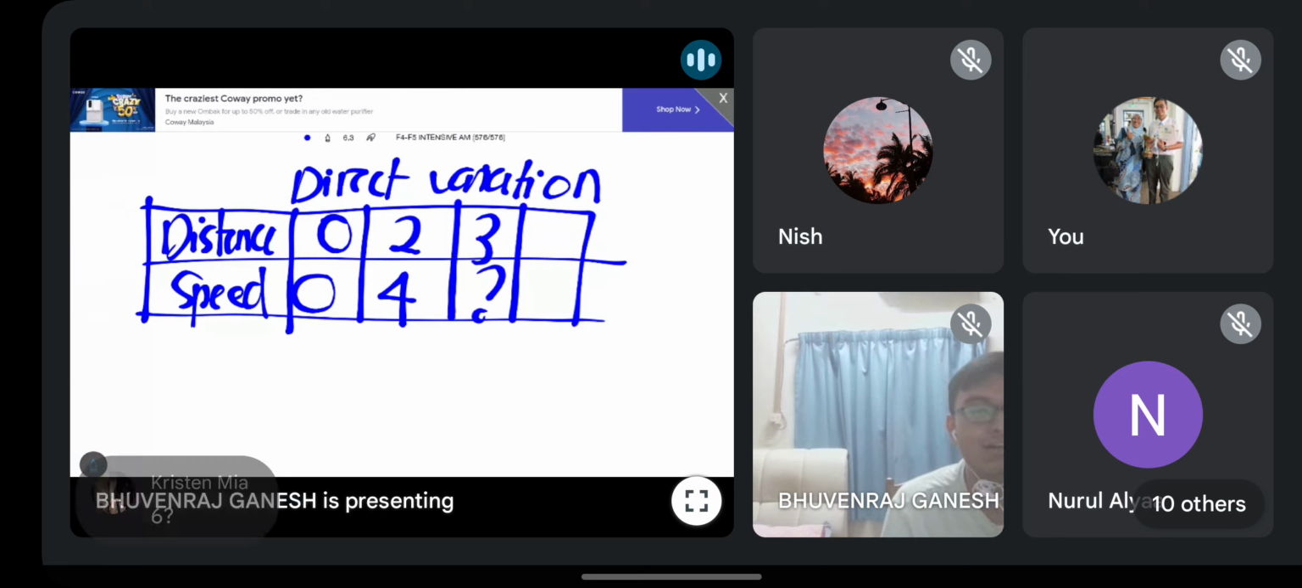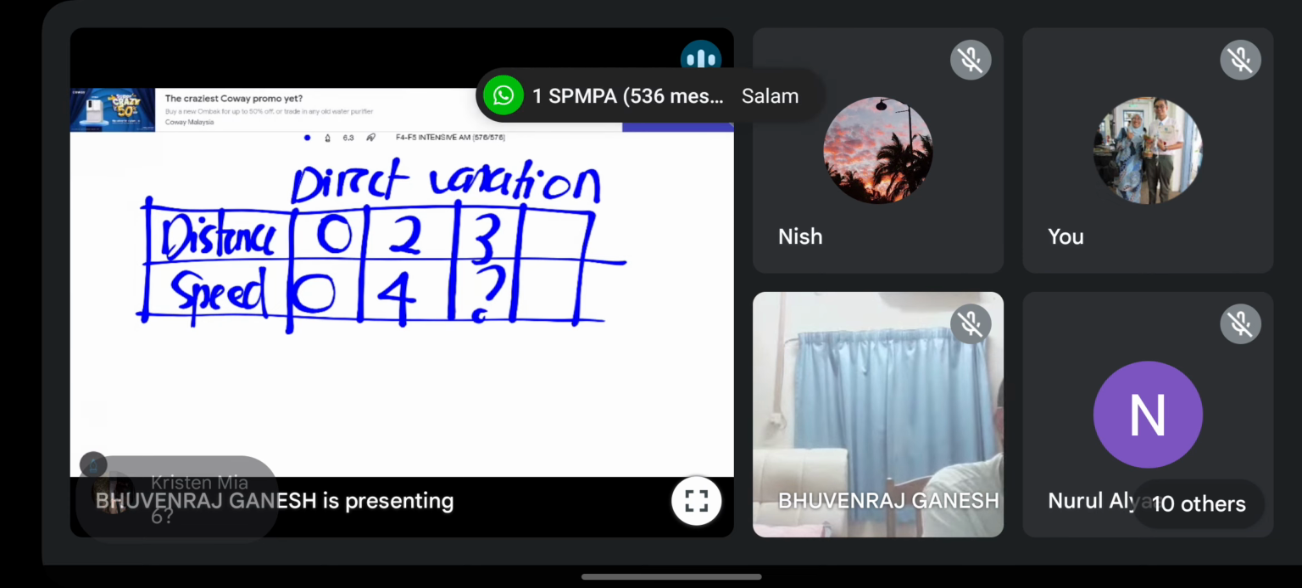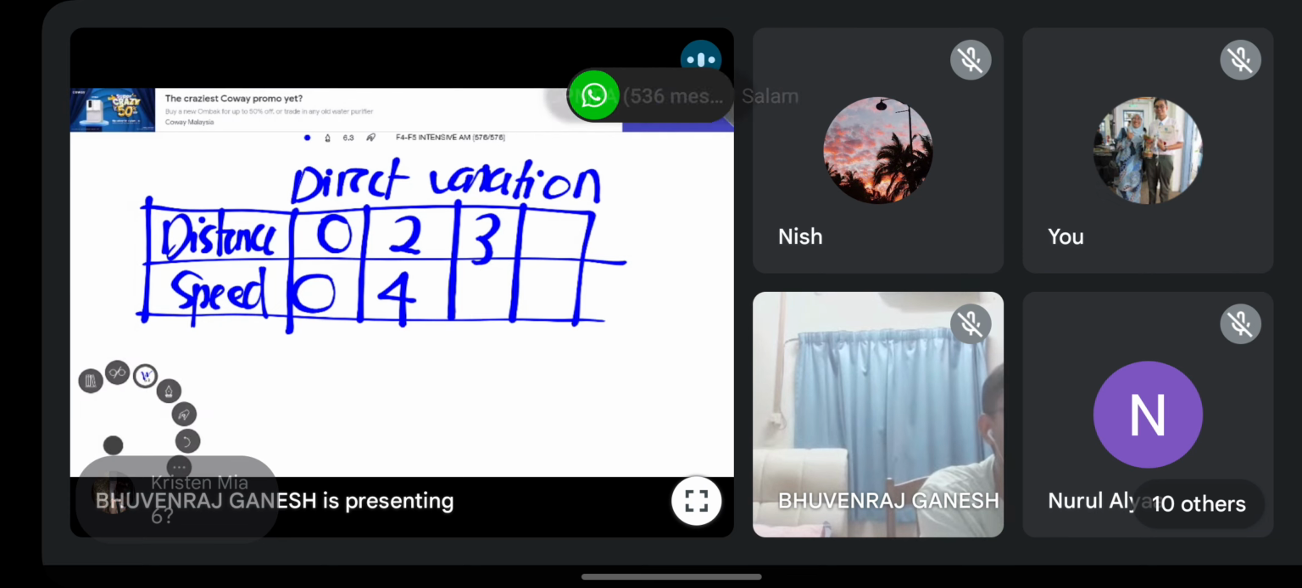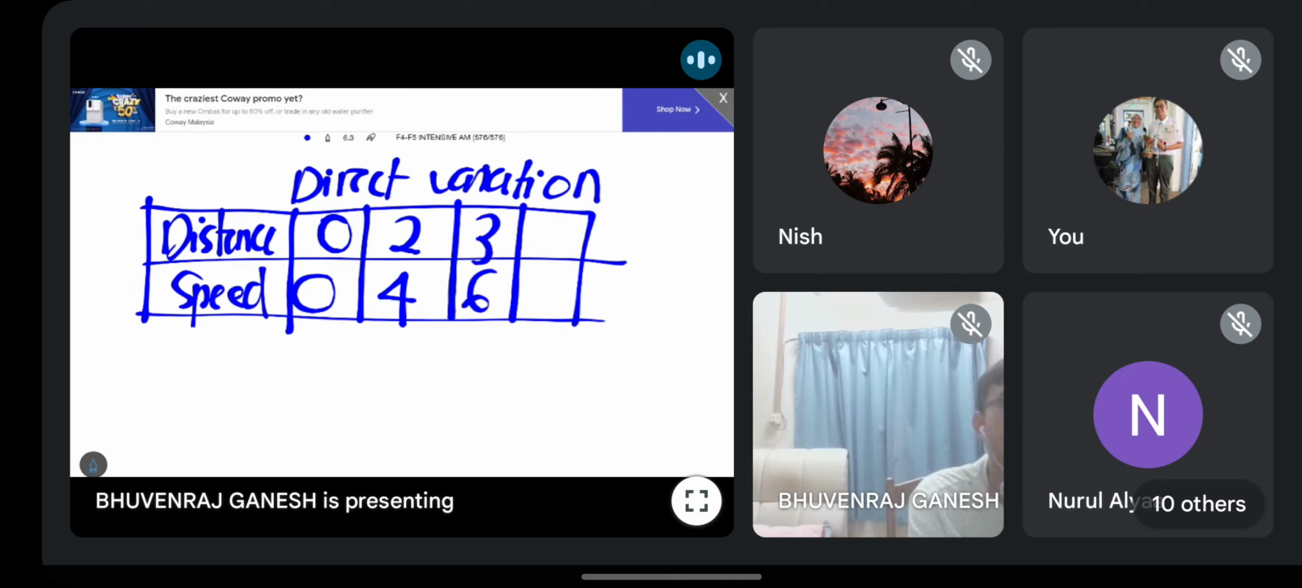No, not like that. You cannot count like that. Correct. You must use ratio concept, guys. Remember, guys, the answer is 6. Jawapan dia 6. Ingat, whenever you have direct variation, ubahan langsung,